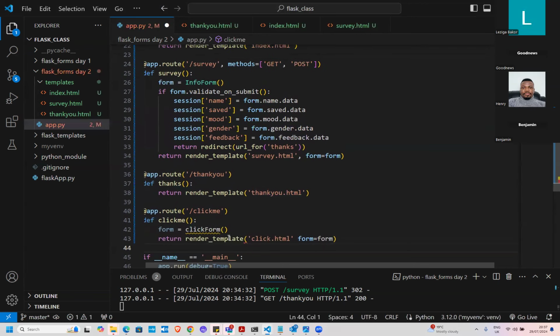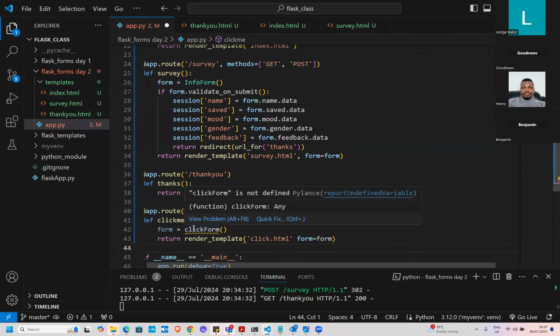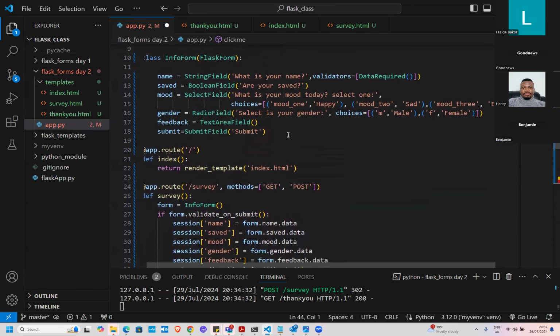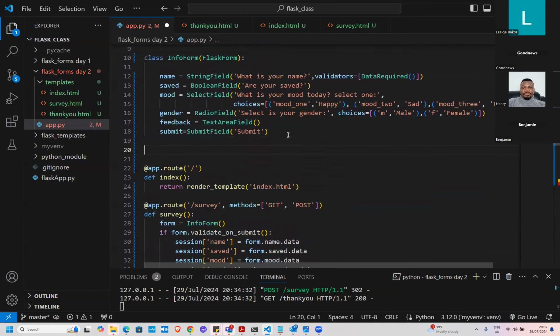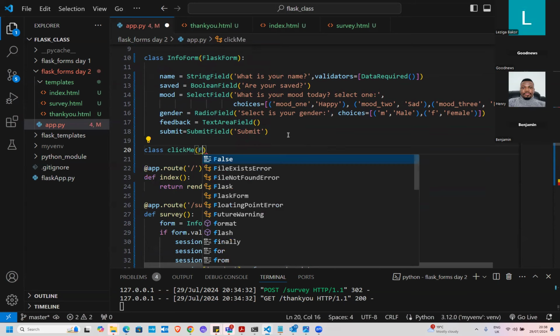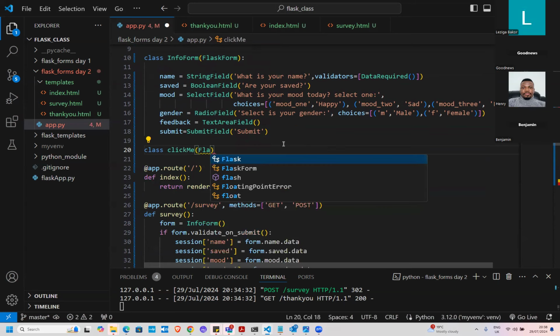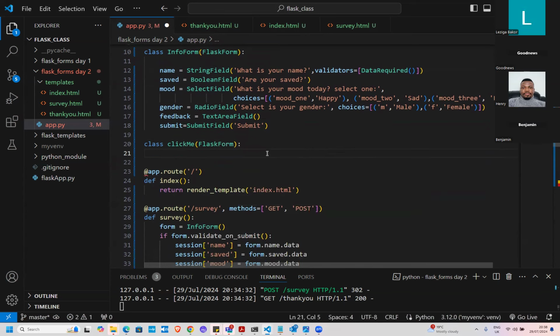Okay. Now I've not yet designed this click me class, so let me just go and add it. So you can have another class. So every form is going to have its own click me, right? And it also inherits from Flask Form. Okay, and all I just need here is